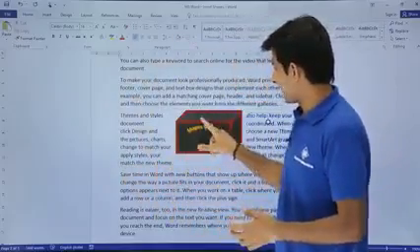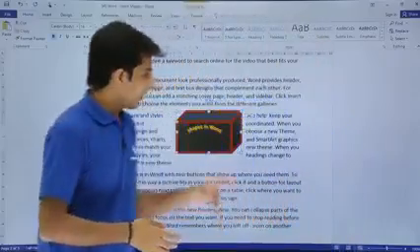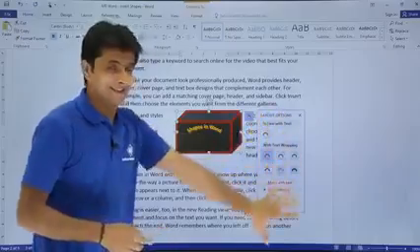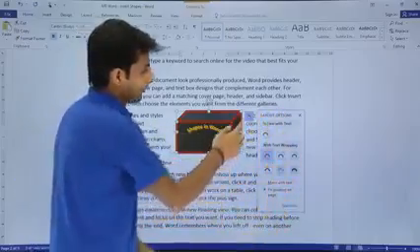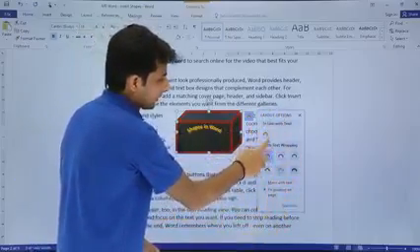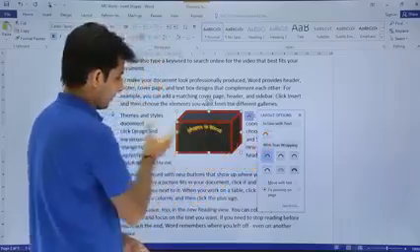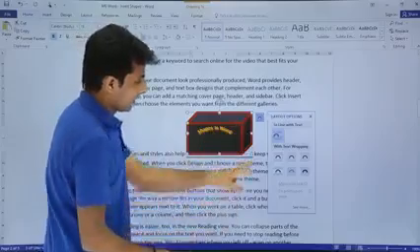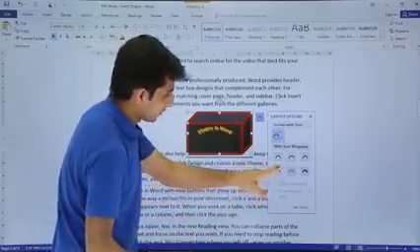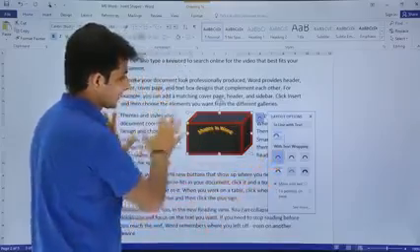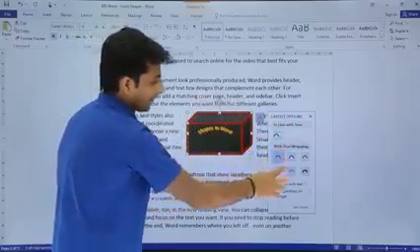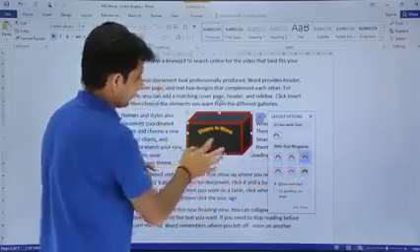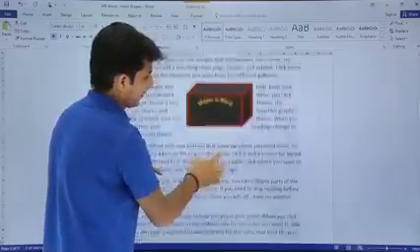So you observe here, when I select the shape, this is the icon which I am getting. If I click on that, you see it says what type of format you want, what type of layout you want. If you want this one and I click on this, the shape will come on the left hand side like this. The text has gone away. But if I select this option, let's say this one, now the text has surrounded both the sides. If I select the third one, it says the same thing again, right?